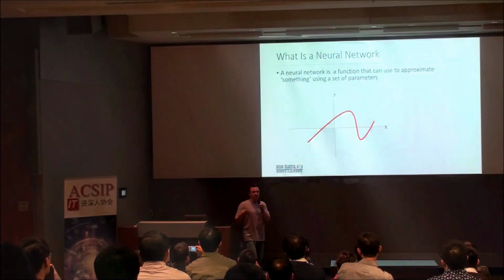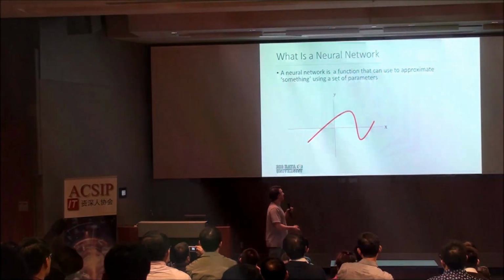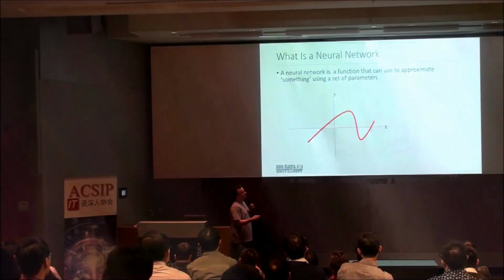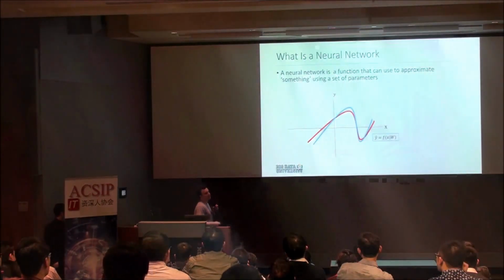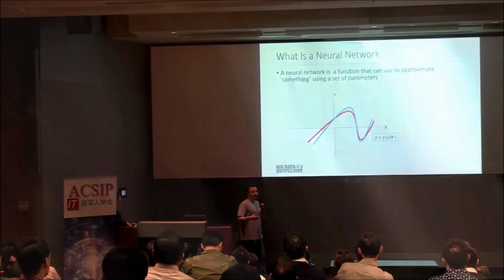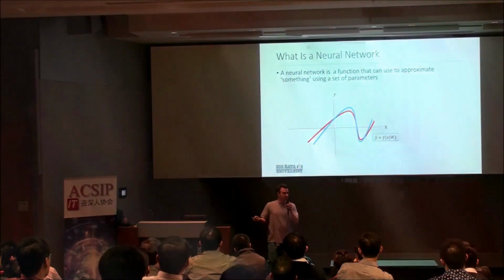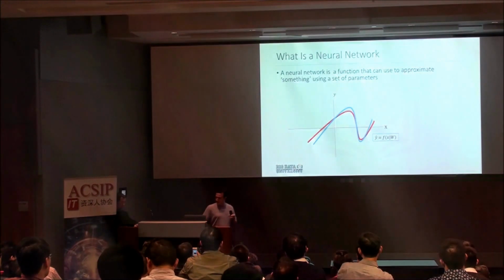I like to think of a neural network as a way to approximate a function. So we have this red line over here, and that's our function we want to approximate. A neural network basically approximates that function. It's a big, complicated photocopier machine. All right, so next thing we're going to do